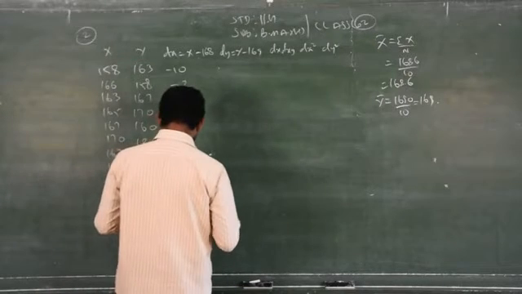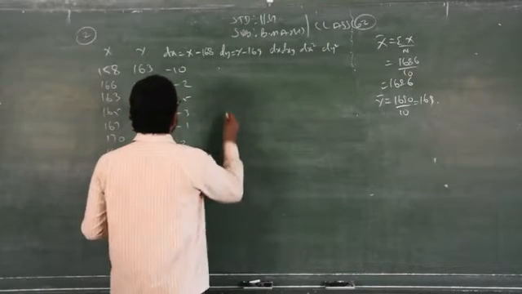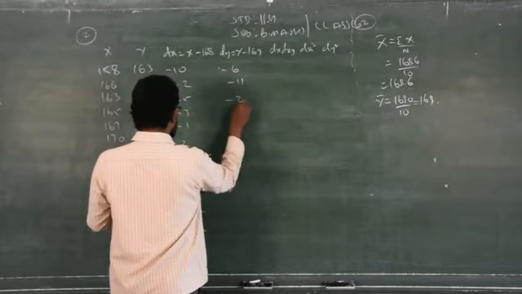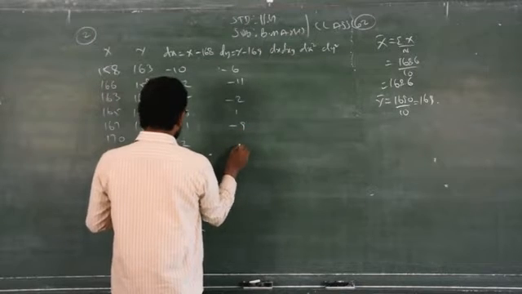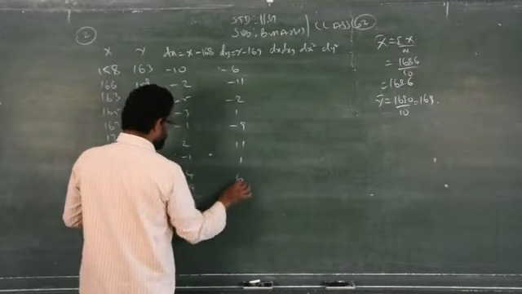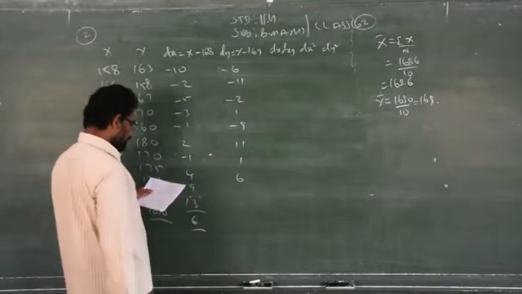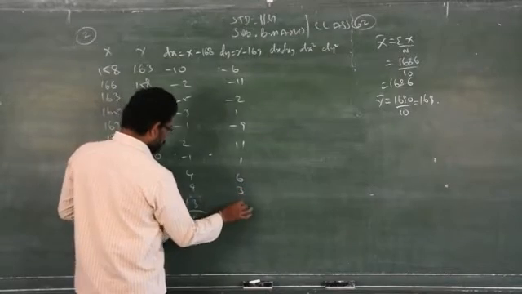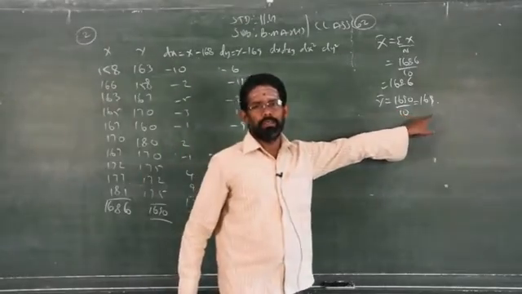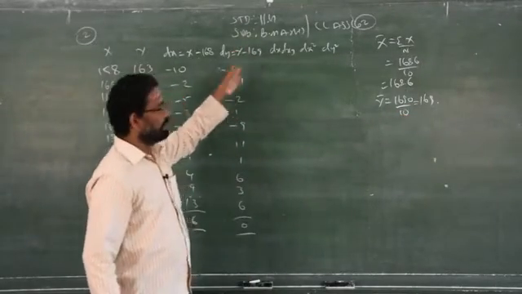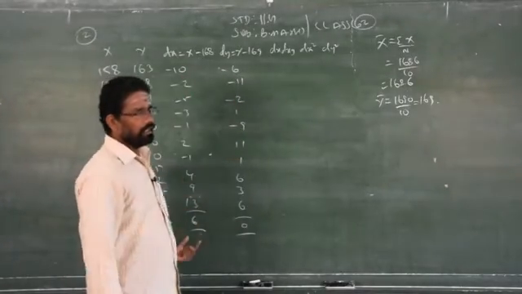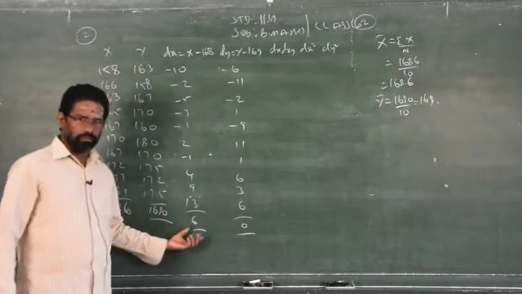Next dy, that is minus 6, minus 11, minus 2. Boys, use a calculator. Don't simply do this manually. If you do it manually, then sometimes you miss the minus sign, and once you miss the minus sign, you will get different answers. See, you got 0 because I am taking the mean, which is already there, as it is for y, therefore I got 0. But in x bar I did not get exactly a whole number, therefore I will not get 0. We will get some value.